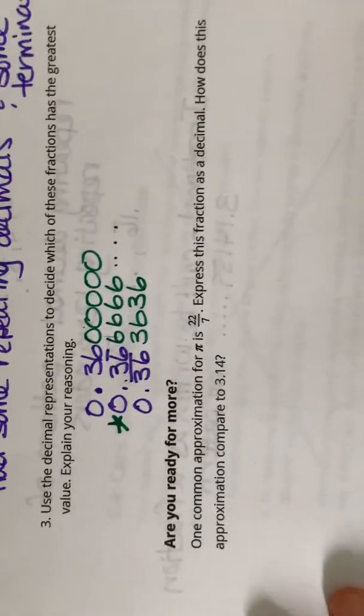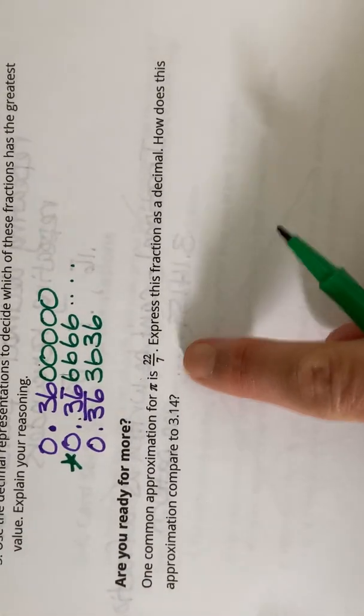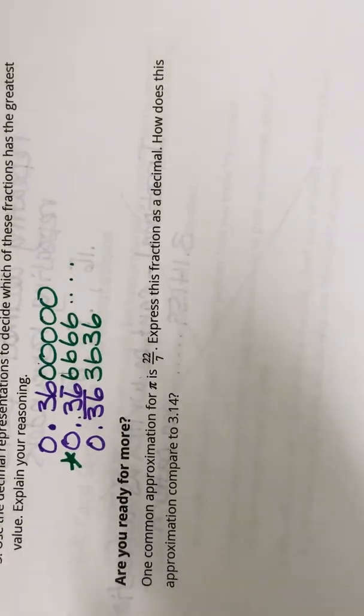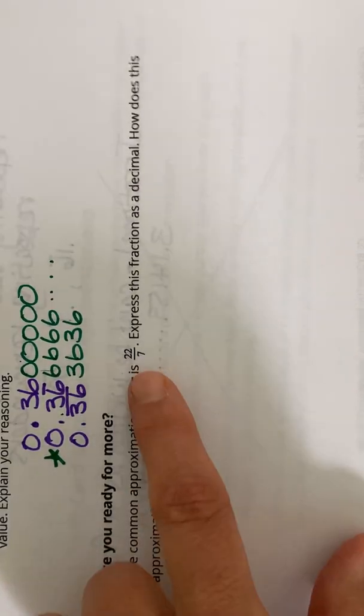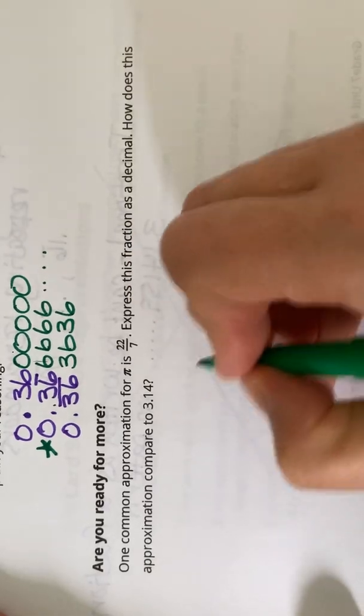All right, now when we talked about pi before, when we did circles, you can use 22/7 for pi. It is the closest fraction. It is not exact, just like 3.14 is not exact. But if I divide out 22/7, okay,